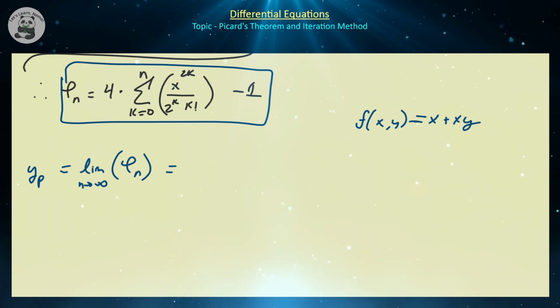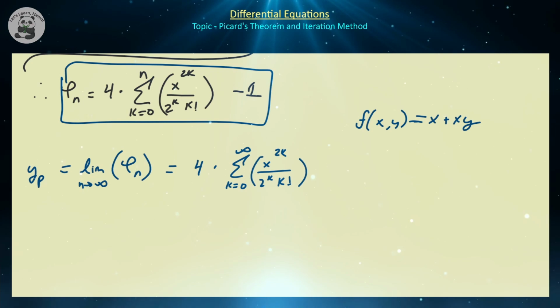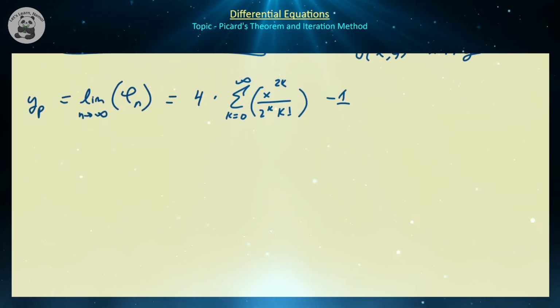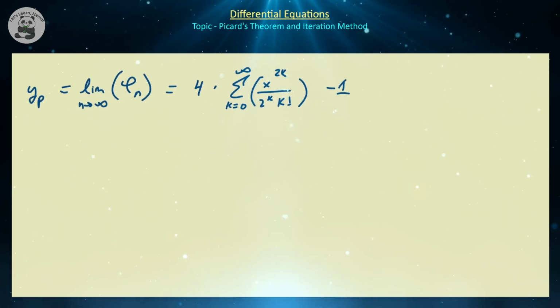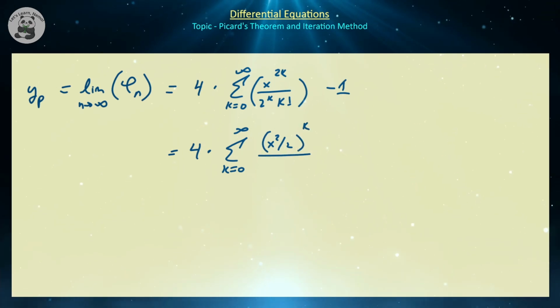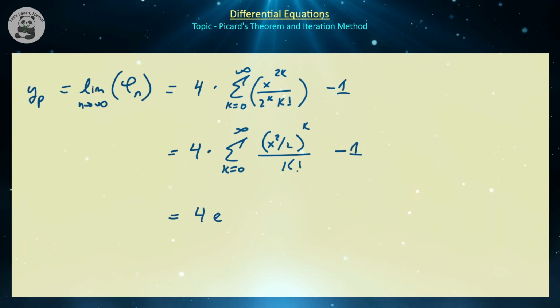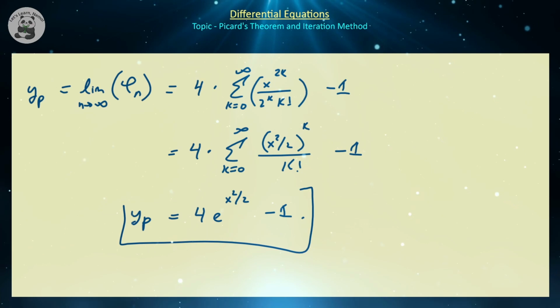So this is just going to be equal to 4 times the sum from k is equal to 0 to infinity of x to the 2k all over 2 to the k times k factorial, minus 1. Right? And you're like, well, that doesn't look like a familiar function. Well, it almost looks like one because we can represent this as 4 times the sum from k is equal to 0 to infinity of x squared divided by 2 all to the power of k all over k factorial. So it's something to the k over k factorial, which you should recognize as an exponential function. So we have 4e to the x squared over 2 minus 1 as your exact solution,